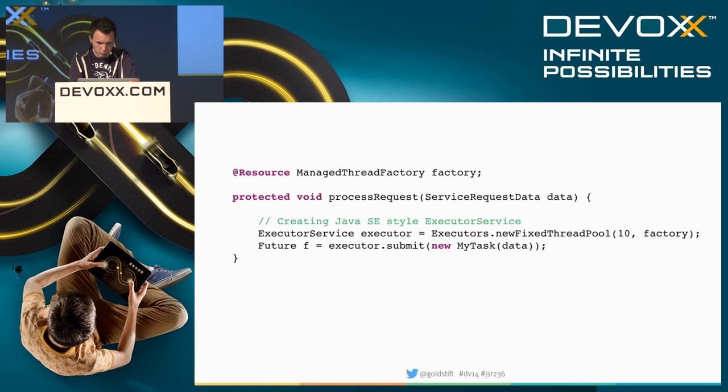Unfortunately, there is a downside. As I said, the JSR 166 has been refined multiple times since Java 5. And one of the greatest achievements, in my point of view, was the fork join tool. This is not supported by the managed thread factory yet. But if you look at this code,